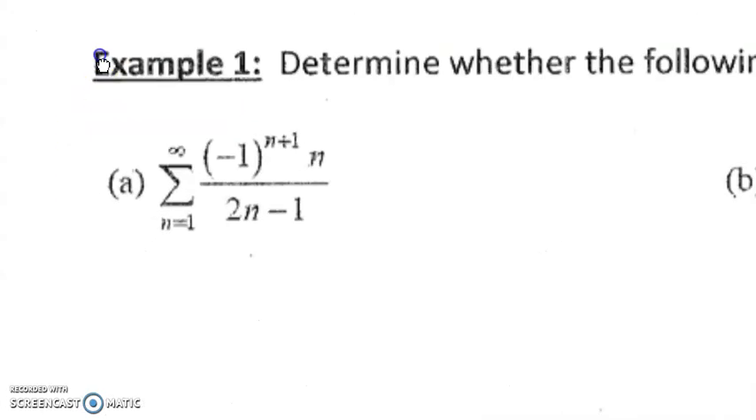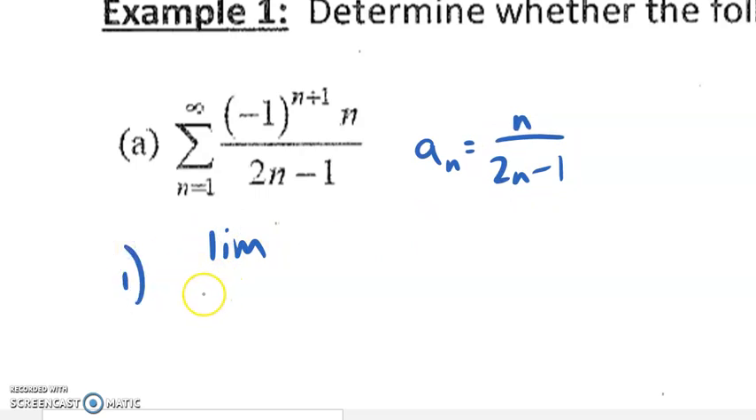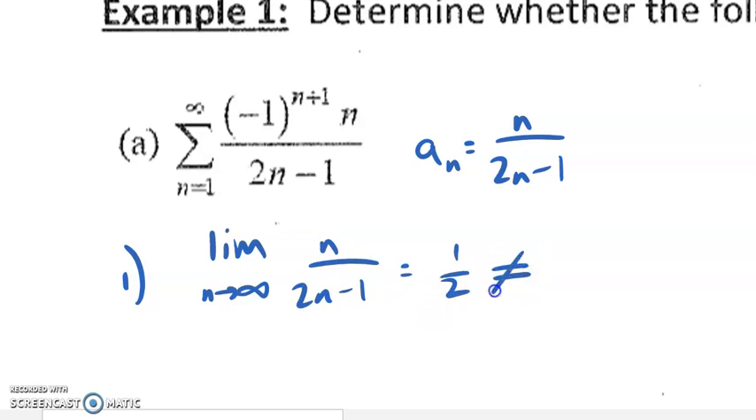All right, so start off with example 1a. We're going to look at the absolute value of each term. That's going to be n over 2n minus 1. Well, the limit, this is the first part of the alternating series test, the limit as n approaches infinity of n over 2n minus 1 equals 1/2. And the most important thing about that is it is not equal to 0. So we don't have to do anything else. We can say, therefore, the series diverges